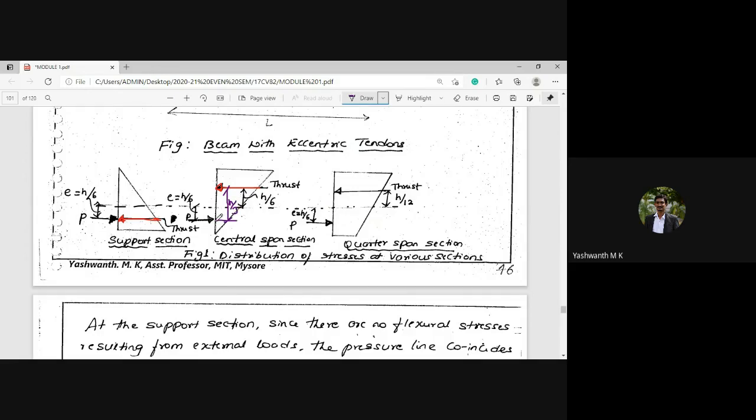It has been shifted with the same distance from the central axis of the section, that is h by 6 plus h by 6, that is 2h by 6, that is h by 3. Okay, h by 6 plus h by 6, that is 2h by 6, which indicates h by 3. Next,